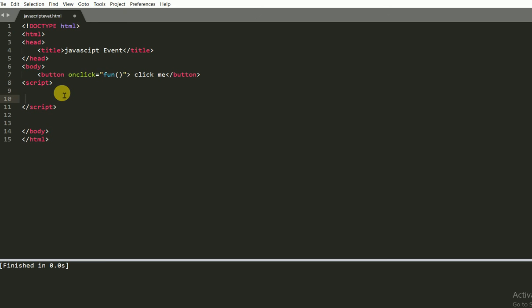In the script tag I take a function fun, with document dot write.